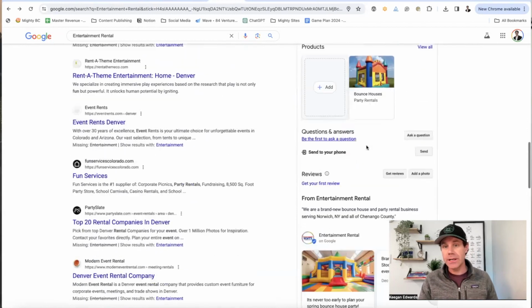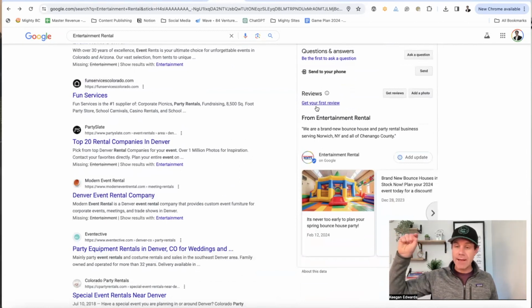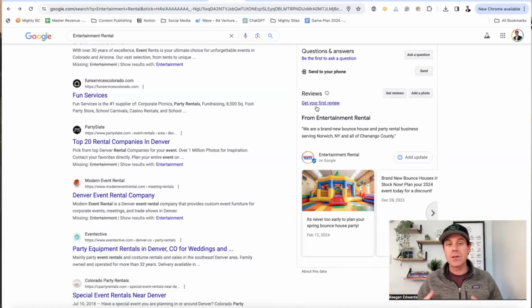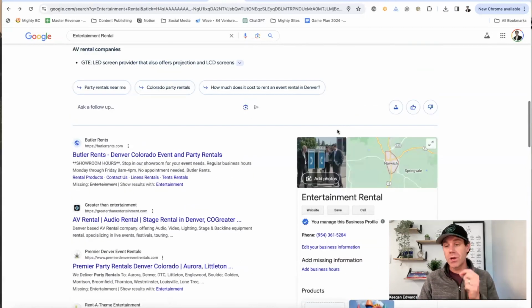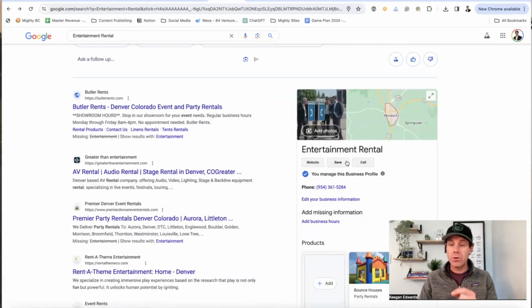The third thing you're going to do is ask for reviews, right? So Google favors businesses that have a high star rating, meaning like 4.8, 4.9, or 5 stars. And they also favor businesses that get a lot of reviews on a consistent basis. Again, these are trust factors for Google to understand that you have a thriving business. So you're going to want to get reviews on a regular basis, and you're going to want to get good reviews. So you're going to start asking your customers for good reviews, and then you're going to reply to those reviews. If you do all these things, it's going to help you rank at the top of Google search results,